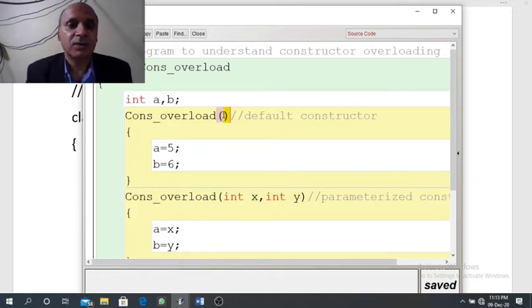By right clicking on the class, we will get two options because both the constructors will be called at the time of creating object. So we have to choose between these two. If we pass any argument, then we need to select the second one. If we don't want to pass argument, then we need to select the first one.